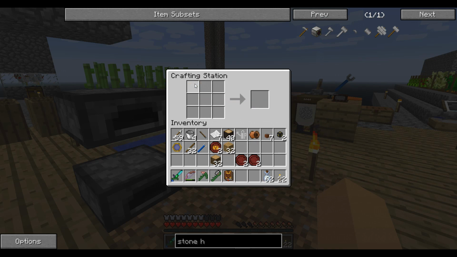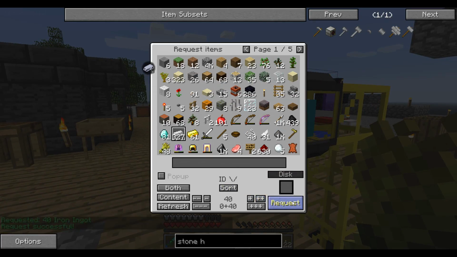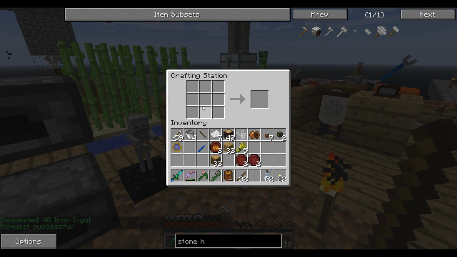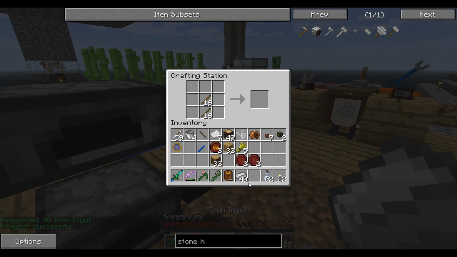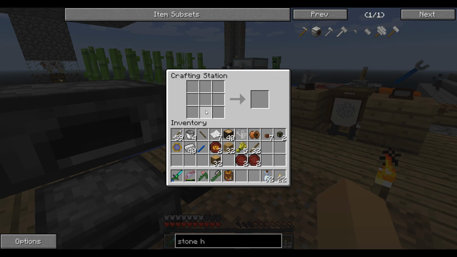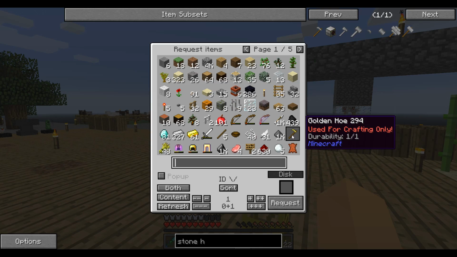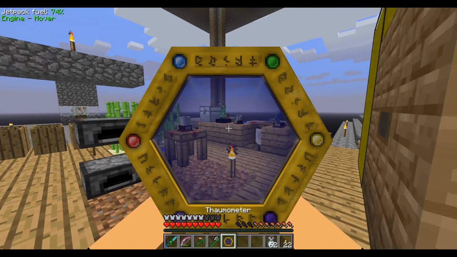Can you make an iron? Can I make an iron hoe? That's the real question. Let's see, because this is actually kind of interesting. I didn't know that they took away the ability to make wooden hoes. Okay, so I can't make that either. So that's why I was making gold hoes. I see. Okay, so it looks like we can also